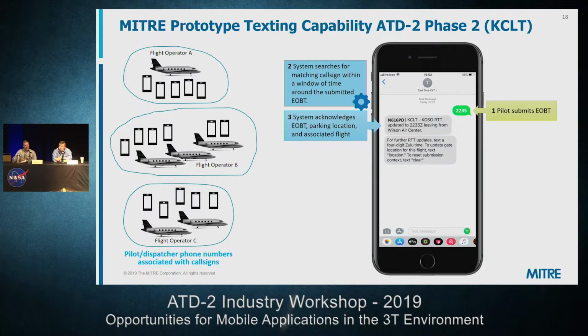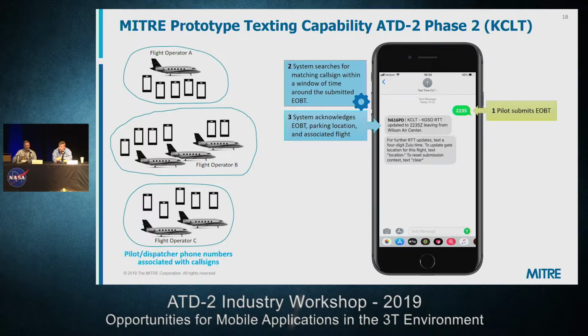In this example, it would come back with November 616 Papa Delta. It would look to see if there is a flight plan associated with that tail number, which indicates an intent to depart. If it finds that match, it updates the EOBT for the aircraft with the time they submitted. Now, if there were multiple matches, say both of an operator's aircraft were planning to leave at the same time,